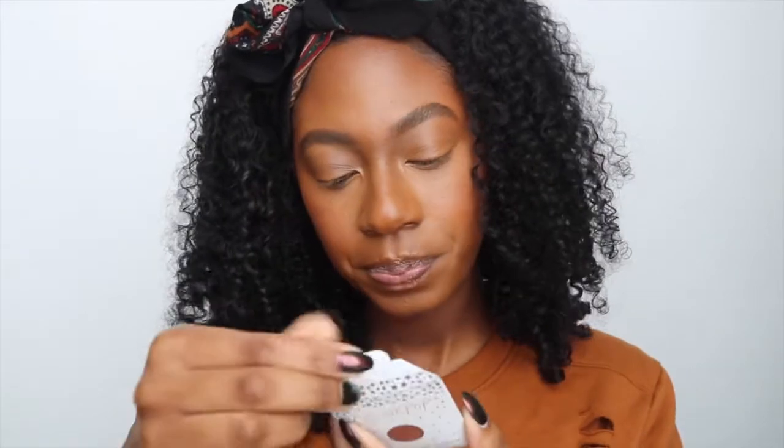Today I think I'm going to use the single shadows. So I did buy more neutral colors as opposed to colorful colors, because those are the colors that I'm more drawn to anyways. I'm really liking this color Facet. And in terms of a transition color, let's see. I think I'm gonna use this shade Quartz Low Boat first, and then I'm gonna go in with this color called Facet. But first, before I put on the eyeshadows, I'm going to...